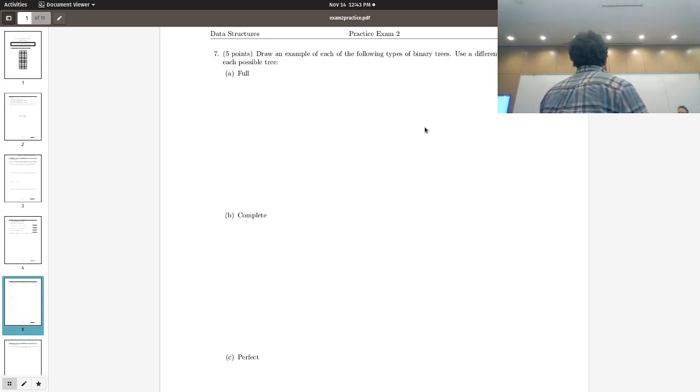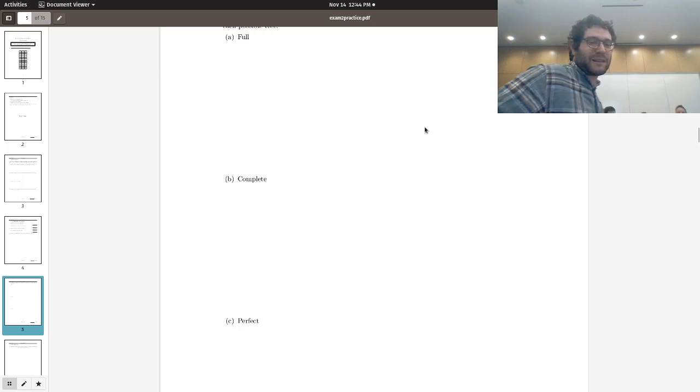It is a kind of recursive property, in the sense that it's only possible for you to be full if both your children are full. And as you saw on the practice exam, it is possible to program this recursively. Complete, not really so much. You can't program a complete tree so much. But let's skip to perfect, because perfect is